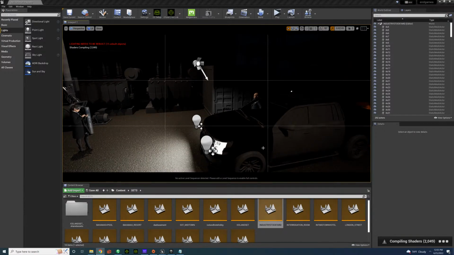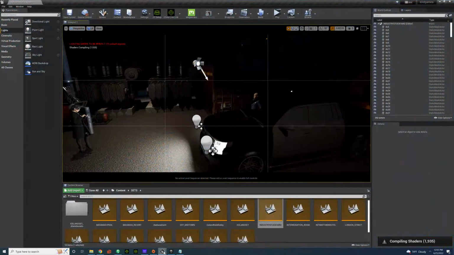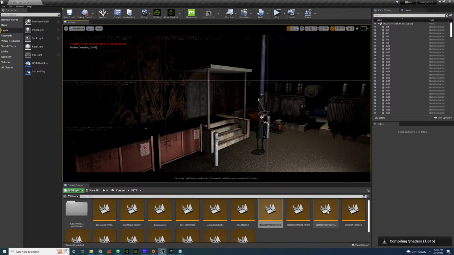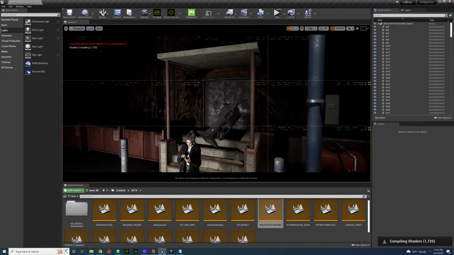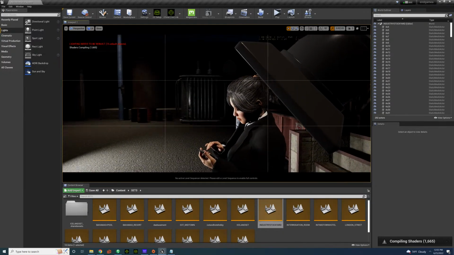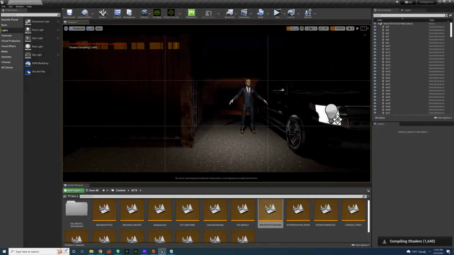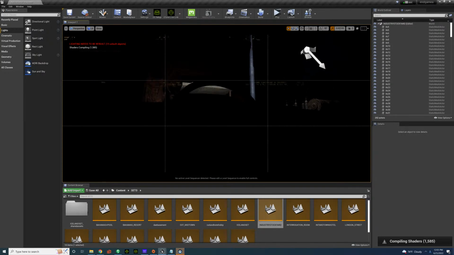Not a time to do that. Okay, so it's going to be loading it here. Don't worry about that. That's just a little bug. So there's some characters here. Car effect. He gets out of the car, which